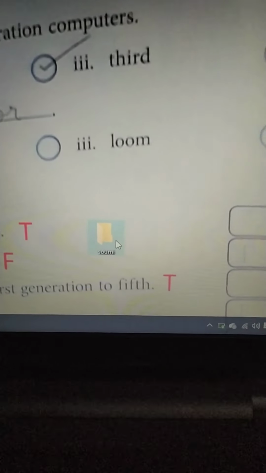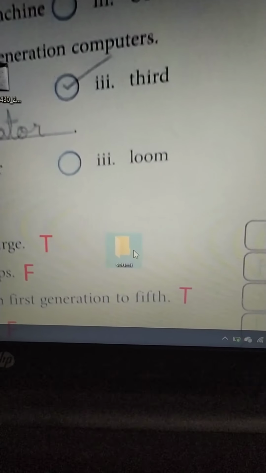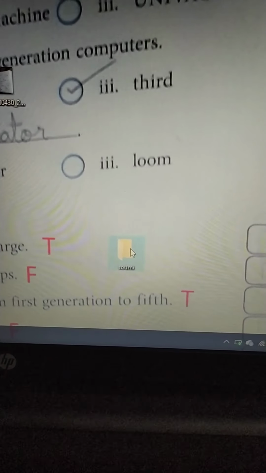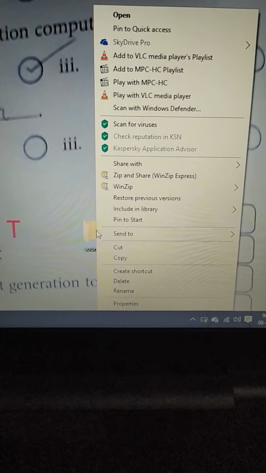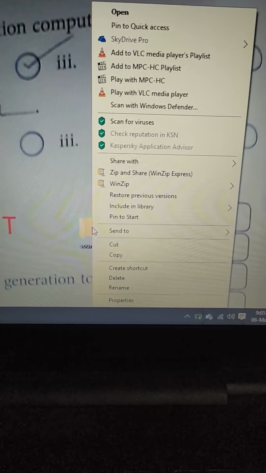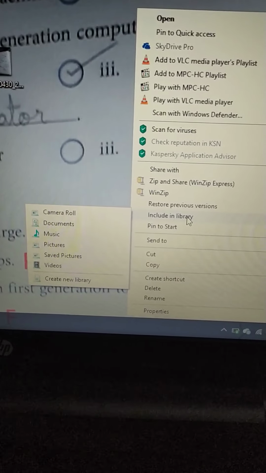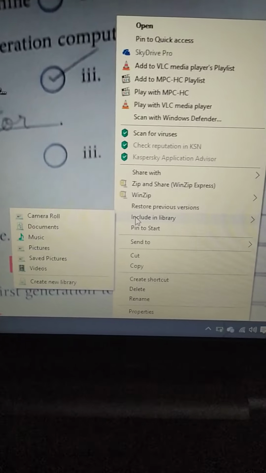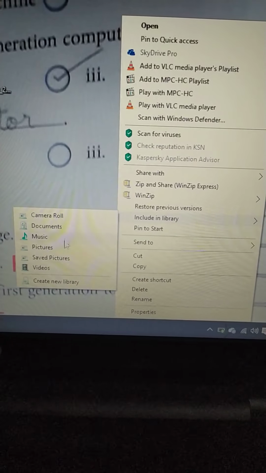The next question is adding this folder to the document folder in library. How to do that? Right click on it, include in library. If you hover the mouse over include in library, a sublist will come.